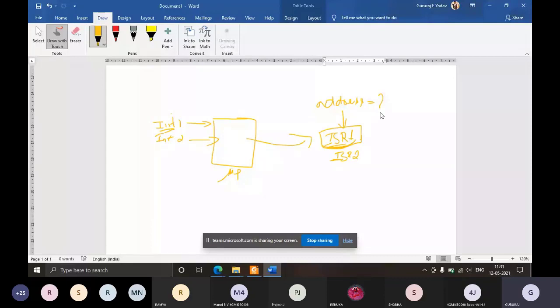So how will it come to know the address? There are two ways. One is software enabled and one more is hardware enabled. You can write one more code which will find out the address of that ISR and where it is located, and then based on that, the processor will jump to that address location and start the execution from there. So that can be done in software. Usually, whatever is done in software will take more time compared to dedicated hardware. If there is dedicated hardware, then the same job can be done more efficiently.